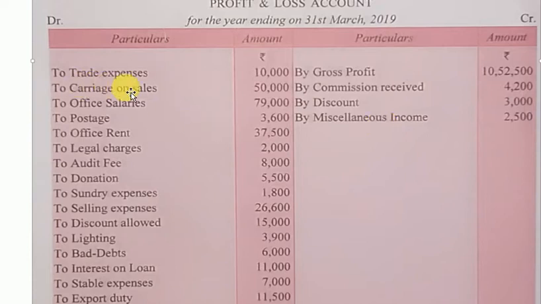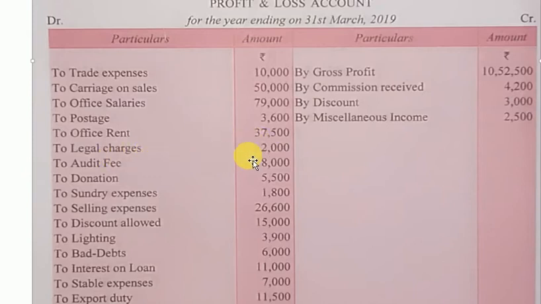Okay, so first expenses is your trade expenses 10,000, carriage on sales, this is also your selling expenses 50,000, office salaries, as I have told you, administrative expenses, office expenses will be recorded like this, 79,000 being recorded over here, and to postage, that is 3,600, will be recorded, to office rent, that is 37,500 being recorded,